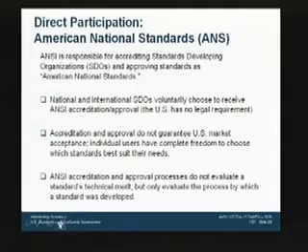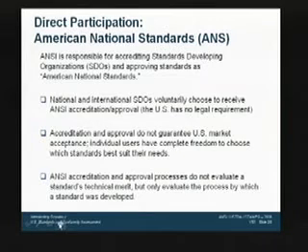ANSI is the responsible body for accrediting standards developing organizations and for approving standards as American national standards. National and international standards developing organizations voluntarily choose to receive ANSI accreditation or approval. The United States has no legal requirement for them to do so. Accreditation and approval do not guarantee U.S. market acceptance. Individual users of standards, that means companies or consumers, have complete freedom to choose which standards best fit